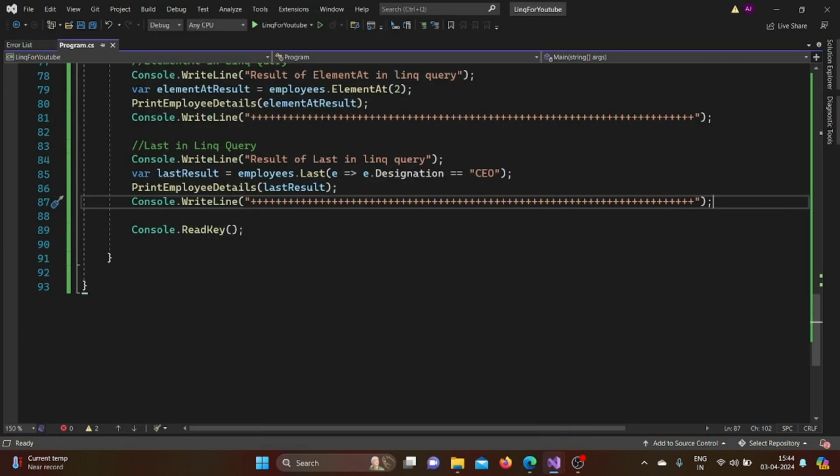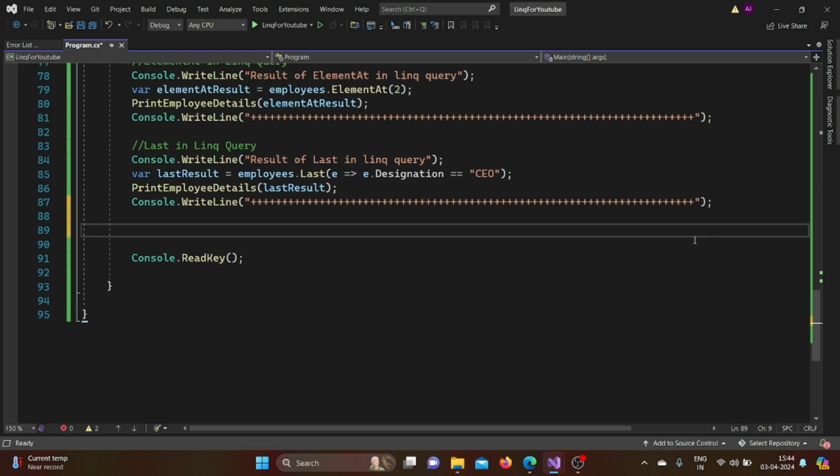So next we will be seeing LastOrDefault, and in case of LastOrDefault also it is same, that if the condition which we are providing for LastOrDefault is not met, in that case it will not throw the exception, but it will return null value if no element is returned. So let's say I'll first give our comment, which is LastOrDefault in LINQ query,